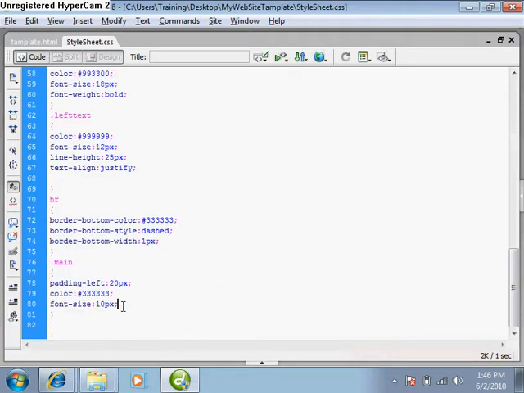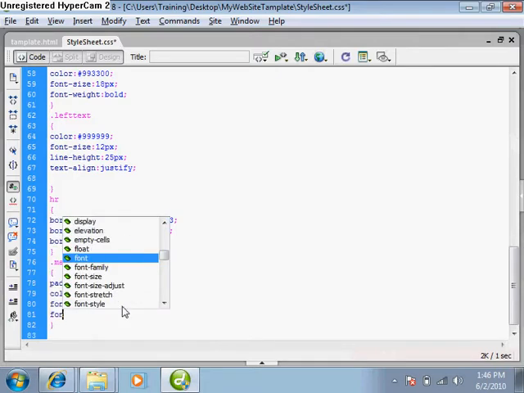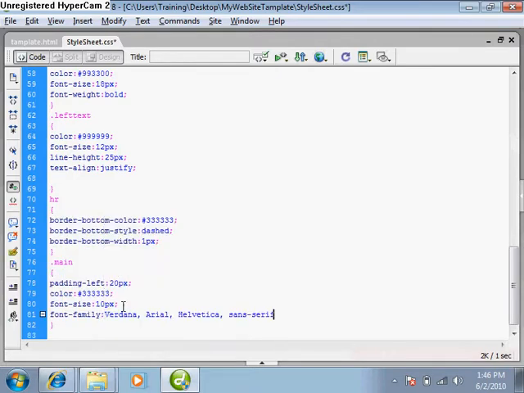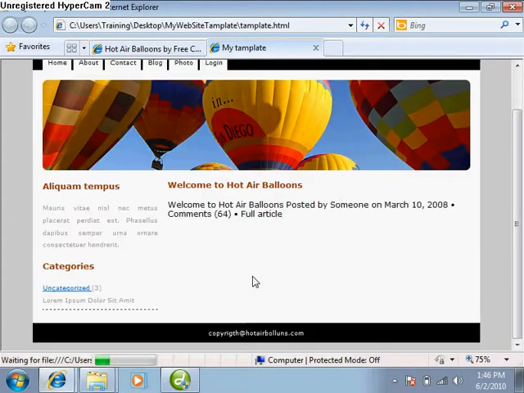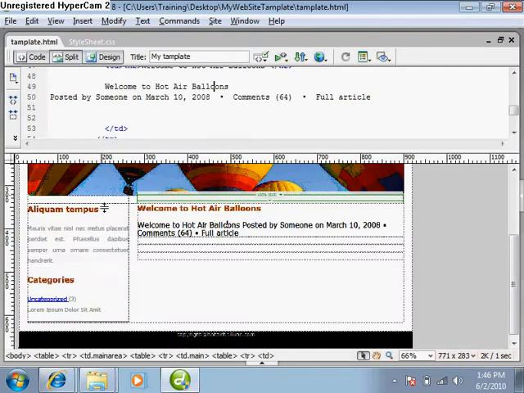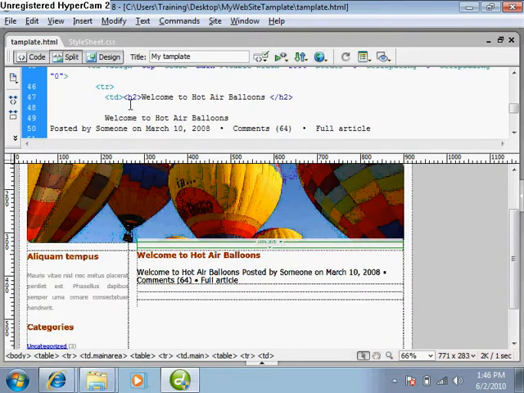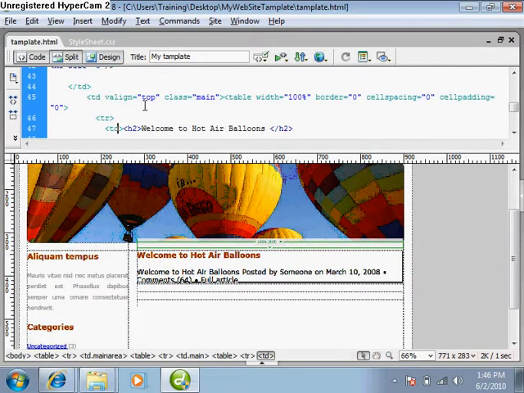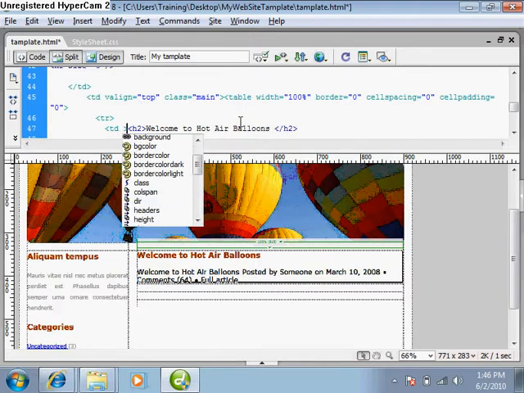Let's see, set one more thing, font family, and see if there is still no effect, then we will do another thing. Let's see what we can do next. Okay. Just apply this class,